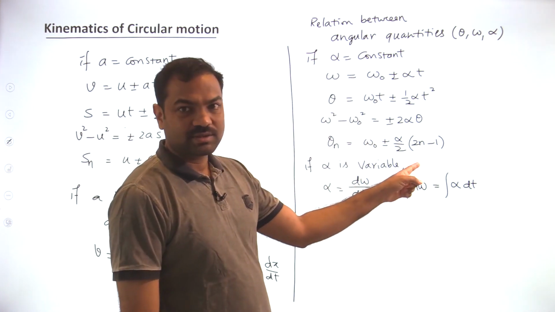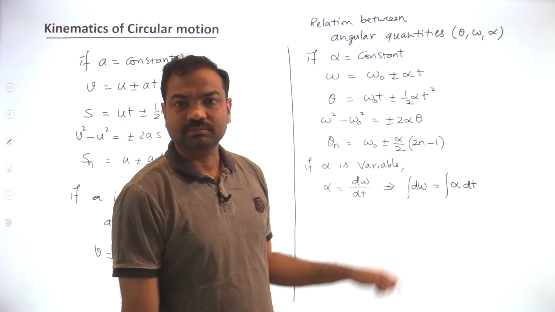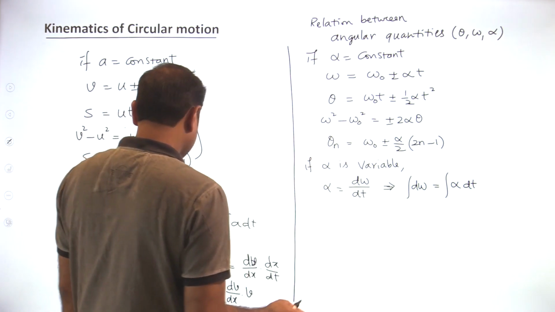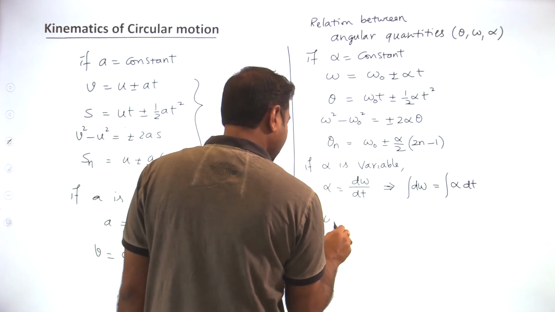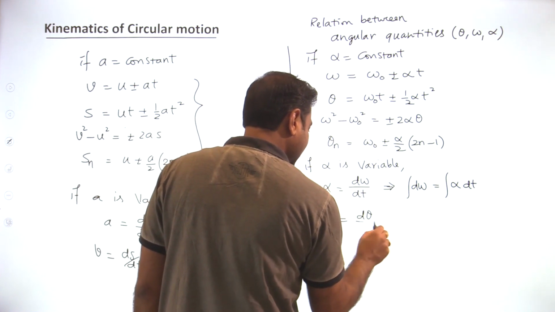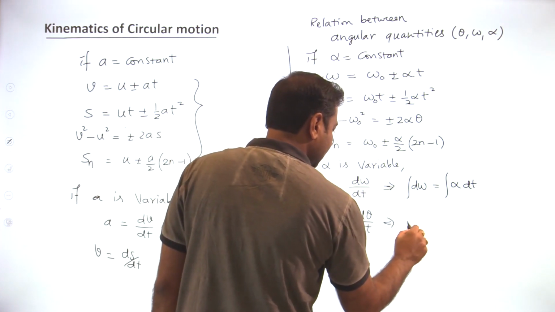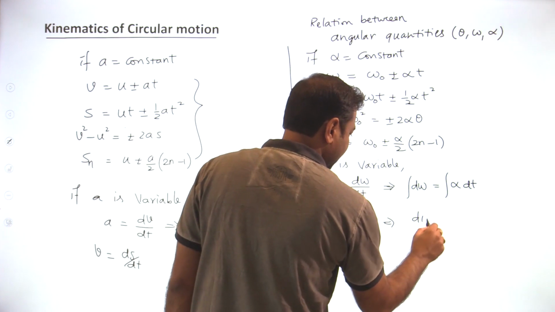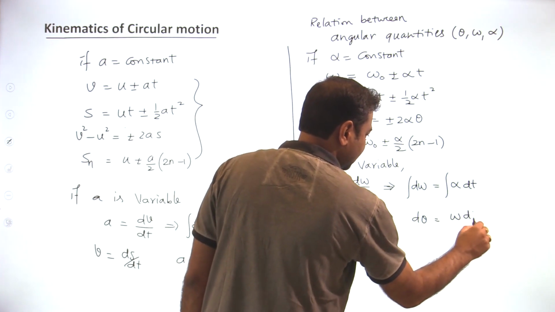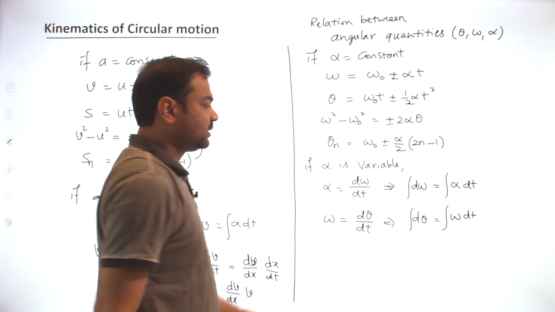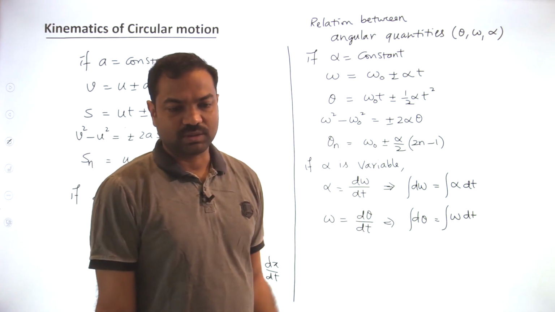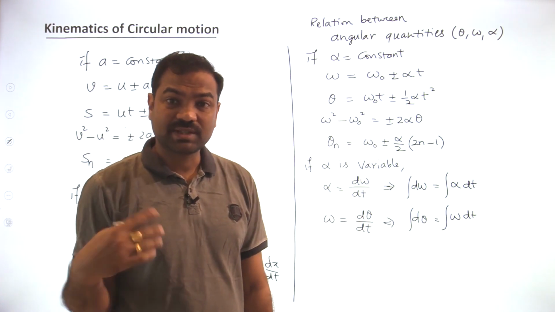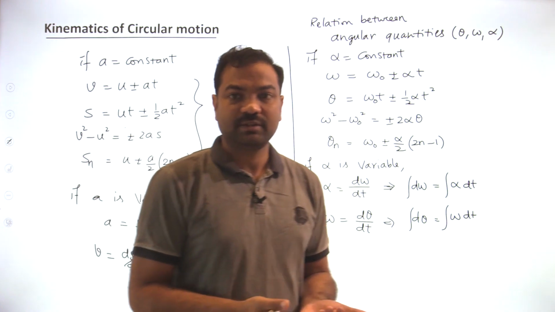So initial angular velocity to final angular velocity, 0 to t time. And then what is the angular velocity? I can write down d theta by dt. So then I can write down d theta, the angular displacement, if you want to find out, as omega into dt; you can integrate. So like that you can convert however you want. It all depends on what function is given and what you want to identify.